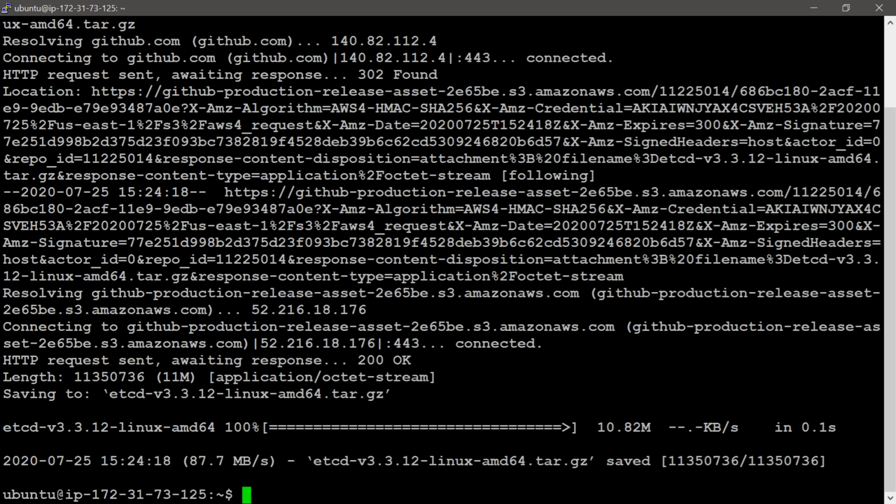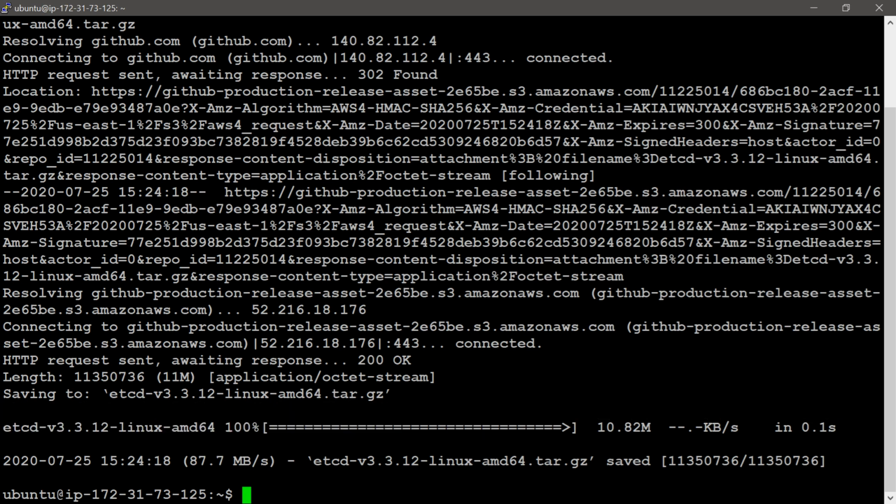Now we can see the etcd-v3.3.12-linux-amd64.tar.gz name here. I got all the binaries, 100% successfully.